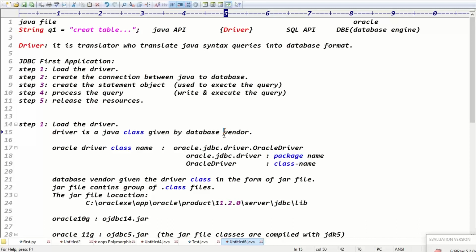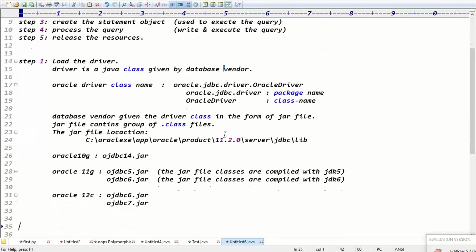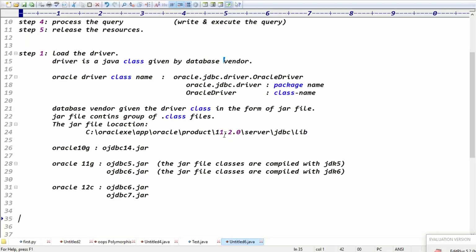Driver is simply a Java class given by the database vendor, in the form of a jar file, and I showed where the location of the jar file is and which version of the jar file corresponds to what you installed. Exactly, guys. So finally we understand the jar file location and where that class is present, right?